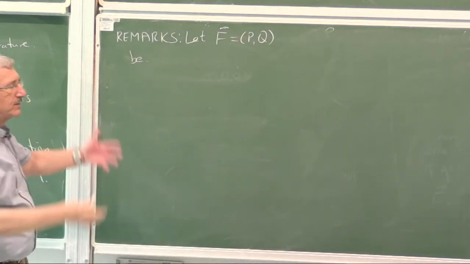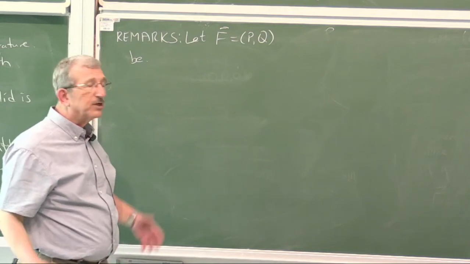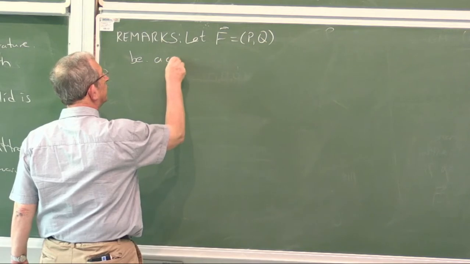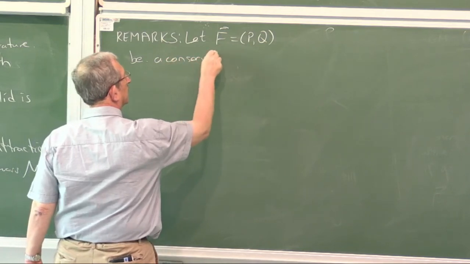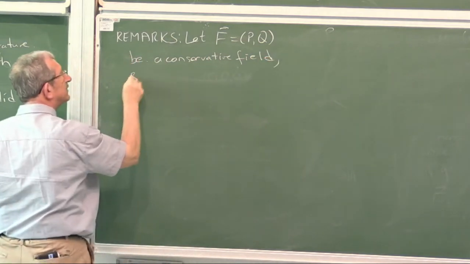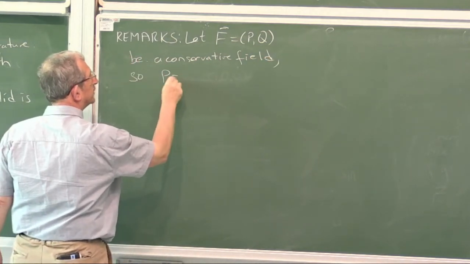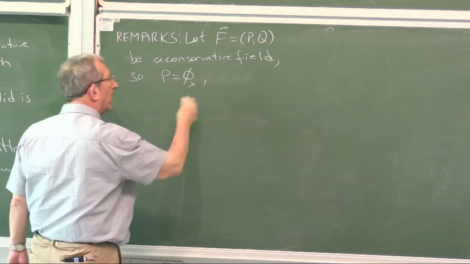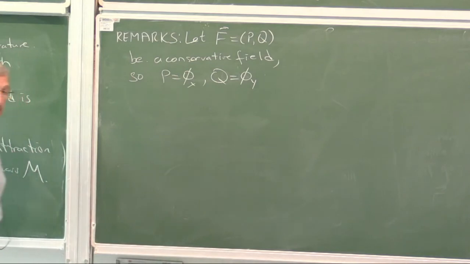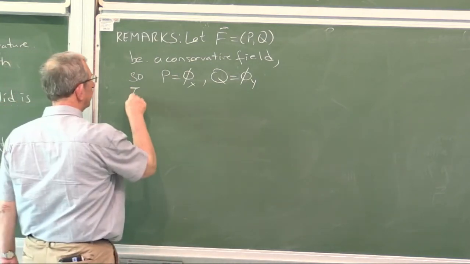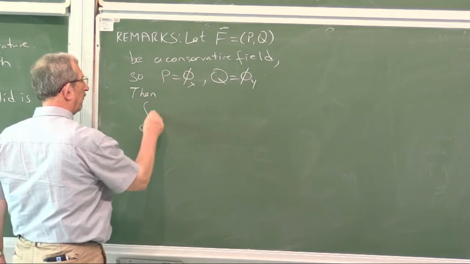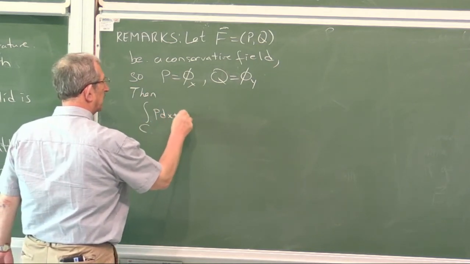You can always define these things for three-variable functions. Let this be a conservative field. Which means that P is phi sub x for some phi, and Q is phi sub y for the same phi. Then the integral of P dx plus Q dy,